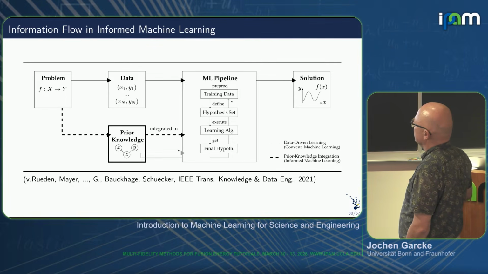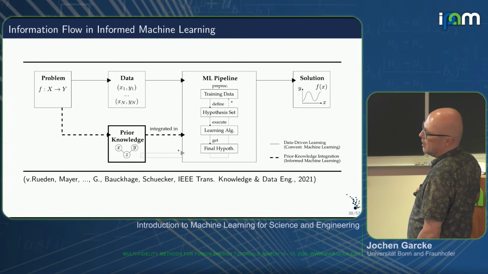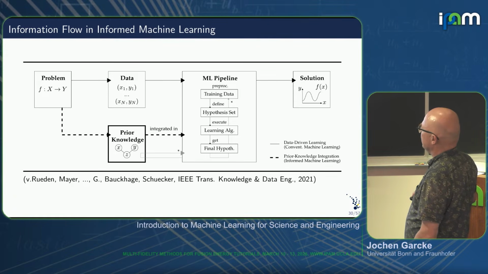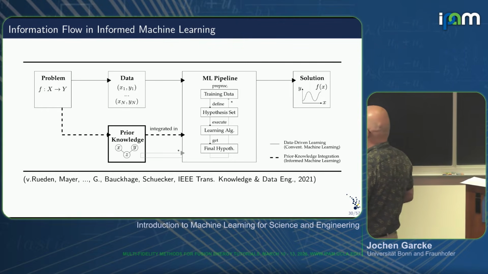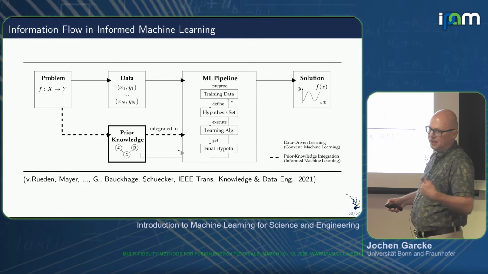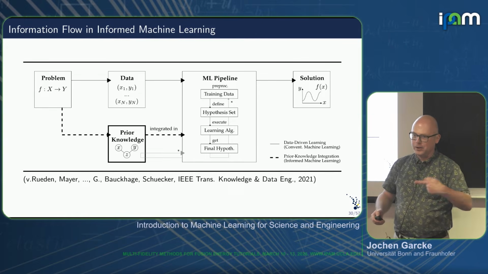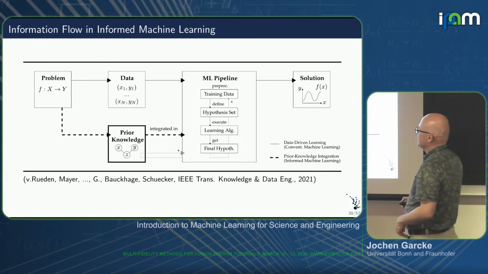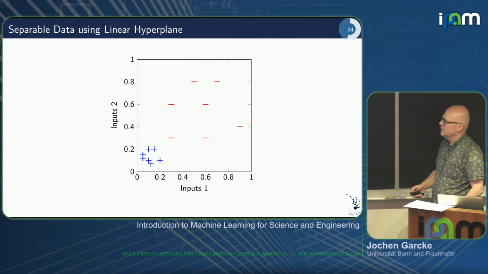We have some data. The components of a machine learning model are once more the training data, the model class, so which function class, which algorithm I'm using, and the learning algorithm, which gives the final hypothesis and then the solution. A bit later I'll come back to how to integrate prior knowledge. Implicitly, we always integrate prior knowledge, because if we pick the training data, or which features to use, it is already informed by our knowledge. So in some sense, informed machine learning is nothing new, but it was less systematically done before.